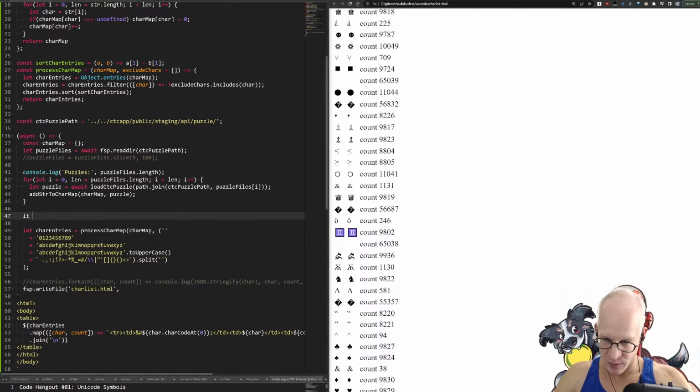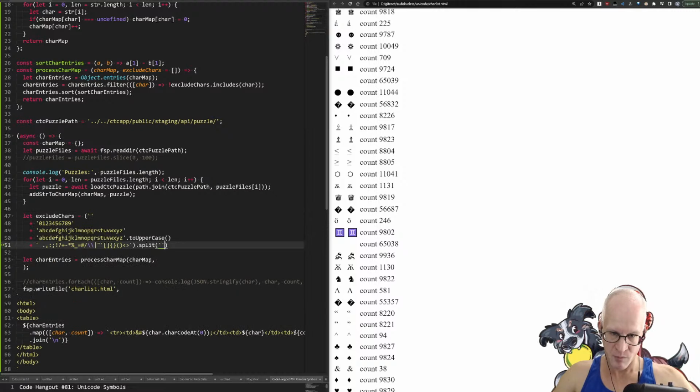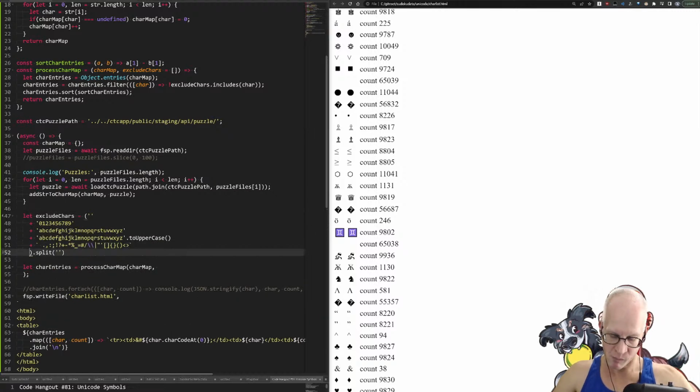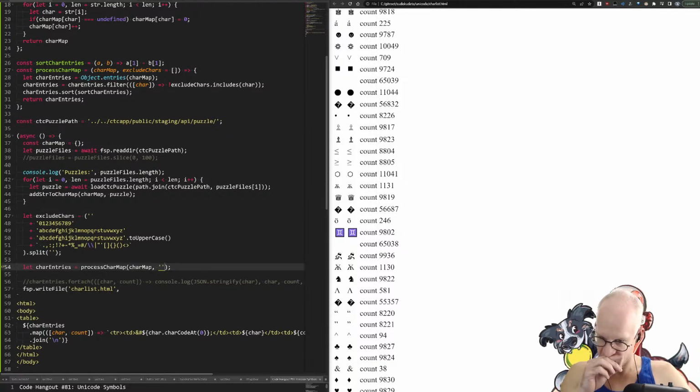So let exclude chars equals. Like that. But here, we're just going to do this. So without exclusion characters and all puzzles,